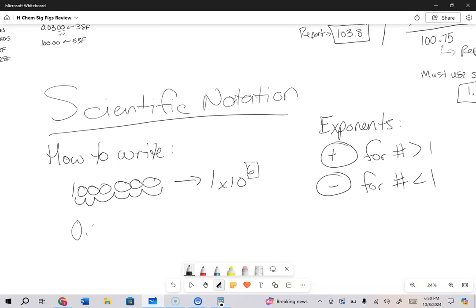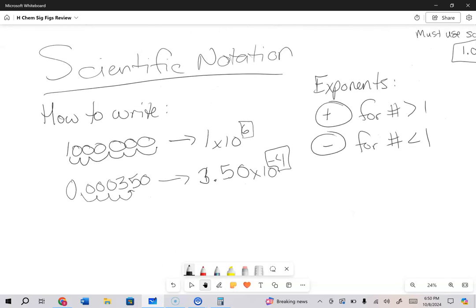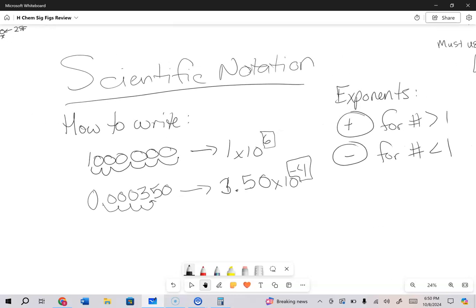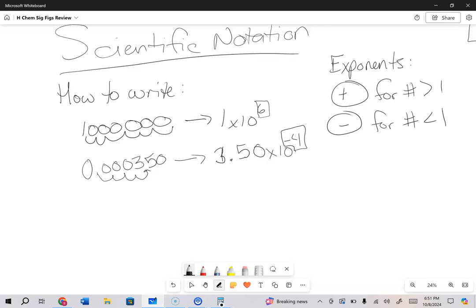So what happens if we have very small numbers? Okay, well now I'm going to have an exponent that is going to be smaller than 1. 3.50 times 10 to the negative 4th. Okay, again, my exponent tracks in that this number has a negative exponent because it is less than 1. Okay, so scientific notation, we worked on this in class the last few days. I hope you feel really good about it, but you're going to follow the same